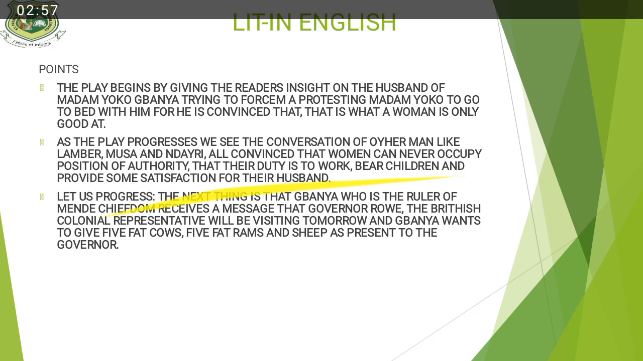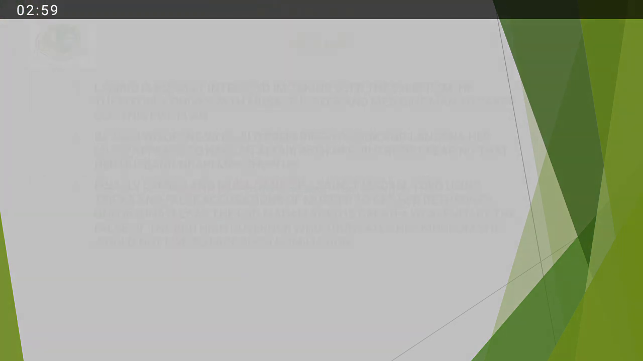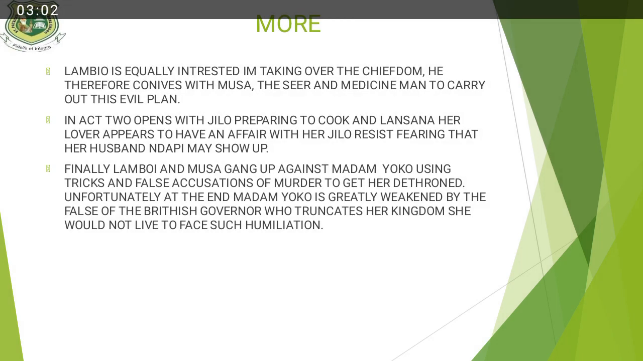Lamboy is equally interested in taking over the chiefdom. He therefore connived with Musa, the seer and medicine man, to carry out this evil plan. In Act 2,